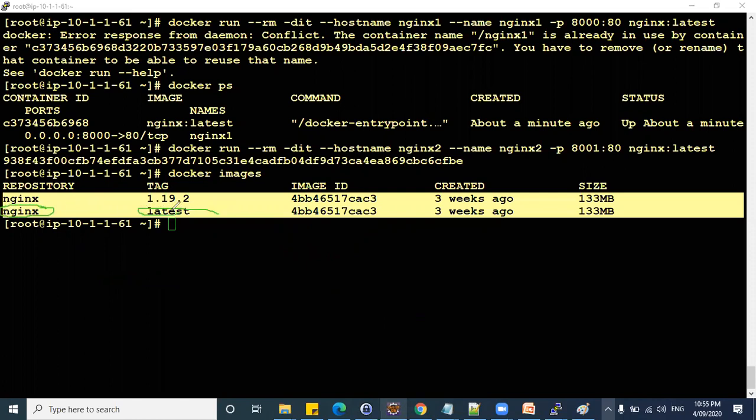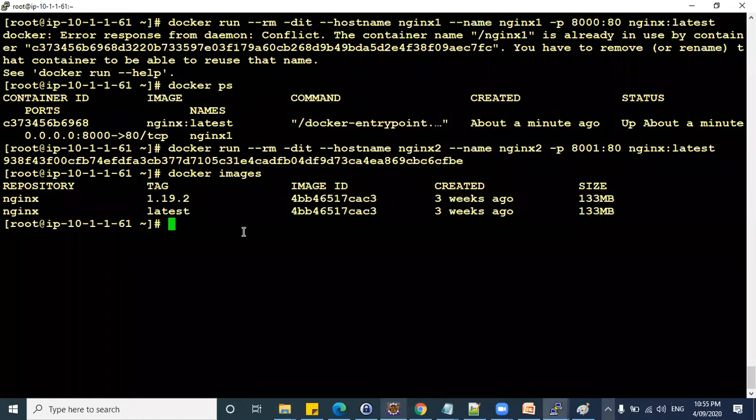Using the same image you can run multiple containers, but if you are using this latest one, in all the containers the Nginx latest server will be installed. So this is a skeleton. Using the skeleton you are running the container, and any number of containers. Okay, got it. So currently we have executed